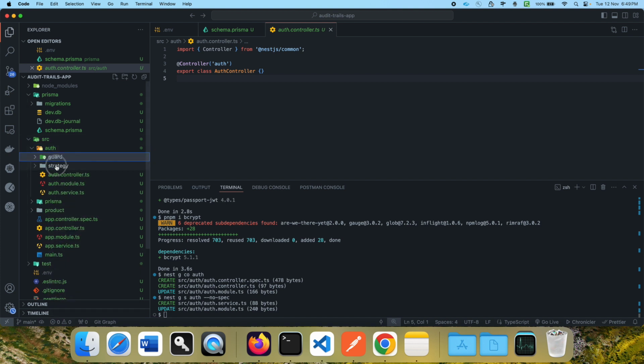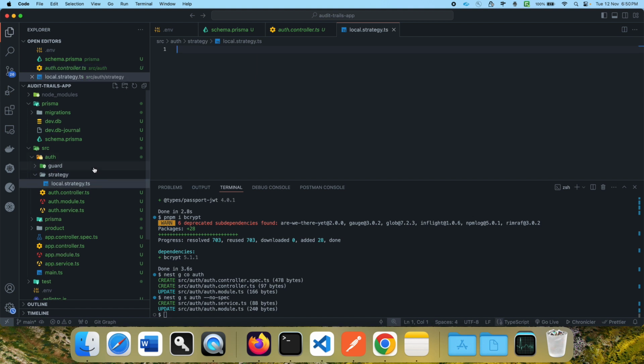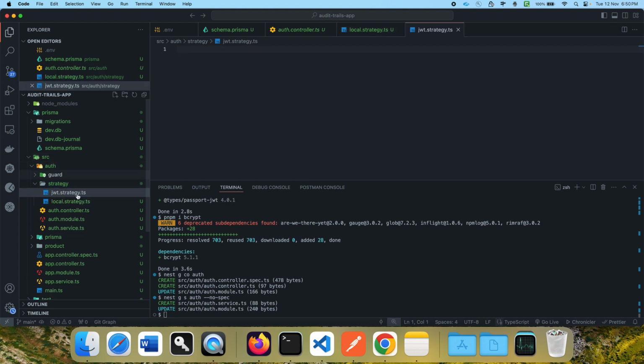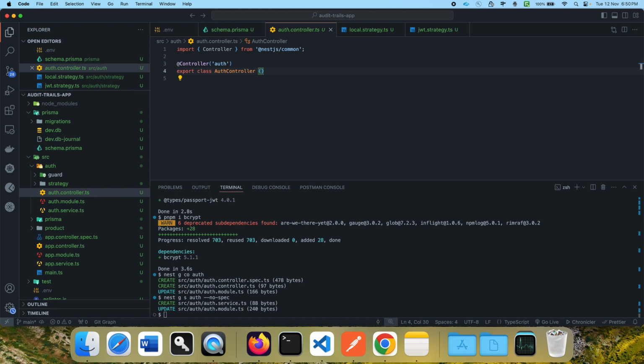And then what I'm gonna do, I'm gonna create two files here, local.strategy.ts and one for jwt.strategy.ts. I'll come back here and define classes as well. Okay, so what we can do in the auth controller is we need at least two methods, just to create